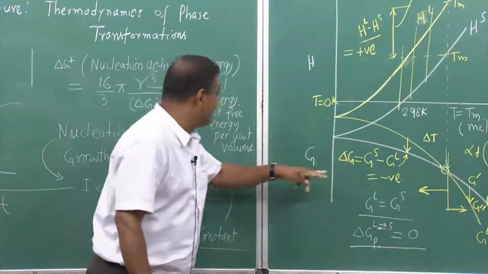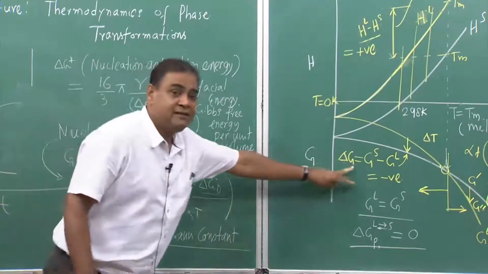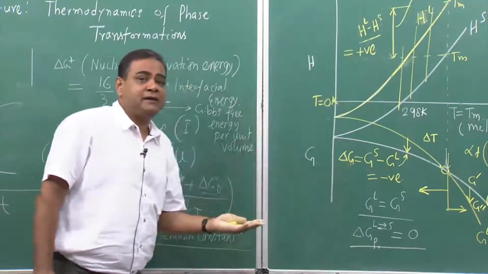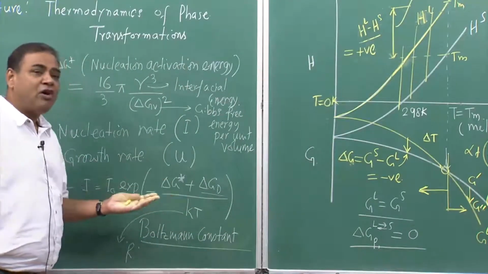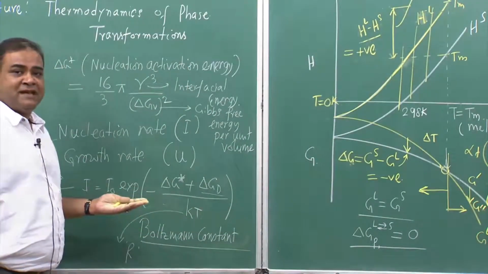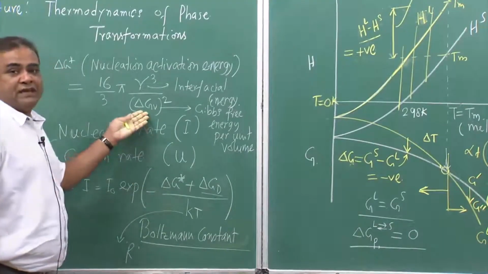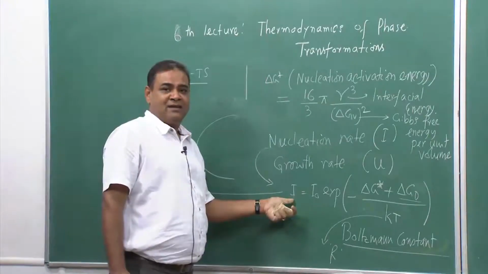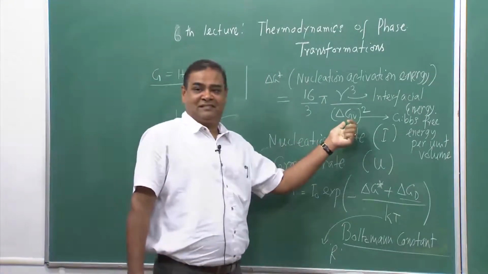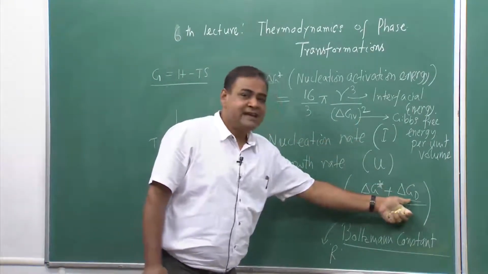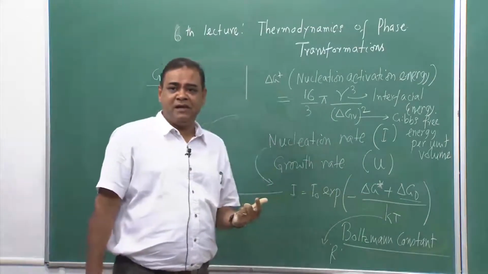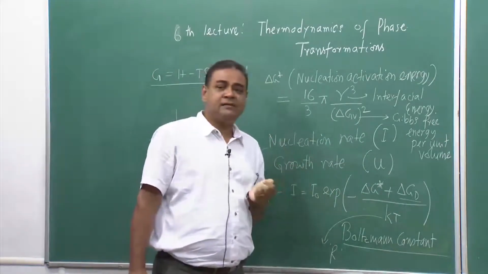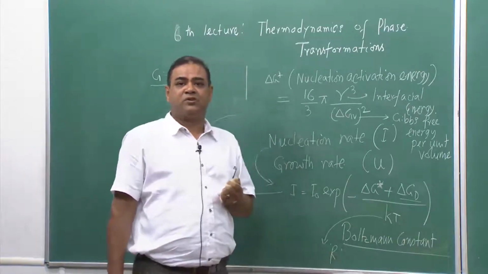we need to find out the value of ΔG, and if it is given per mole, we just divide it by the molar volume of that particular substance and we get ΔG_v. So, in order to find out I, we need to find out ΔG_v, and this ΔG_d is another activation barrier, and this activation barrier is nothing but the barrier for diffusion to take place